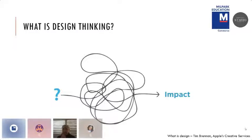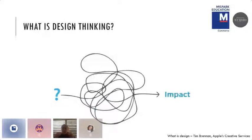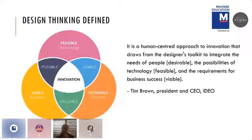How do we make sense of that messiness? It came about from understanding how design firms approach the creation of new services and products, and the way a designer thinks when they approach a new challenge. The biggest difference I would offer between how a designer approaches this messiness versus perhaps a business person is that a designer first focuses on who am I designing for. So if we go to the next slide, Michaela,